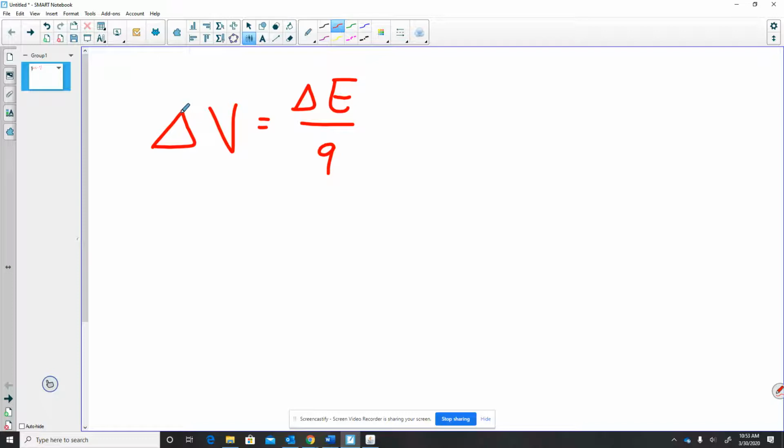Now right off the bat, before we get into this in any more detail, you just have to be really careful with this formula because this E here does not represent electric field. Energy is a scalar, and so you notice there's no vector arrow on the top. On your formula sheet, wherever you have electric fields, they will always have a vector arrow on top, and that's how you can differentiate between the two of them